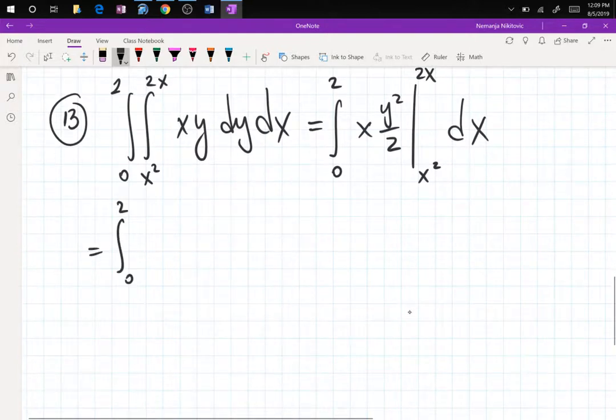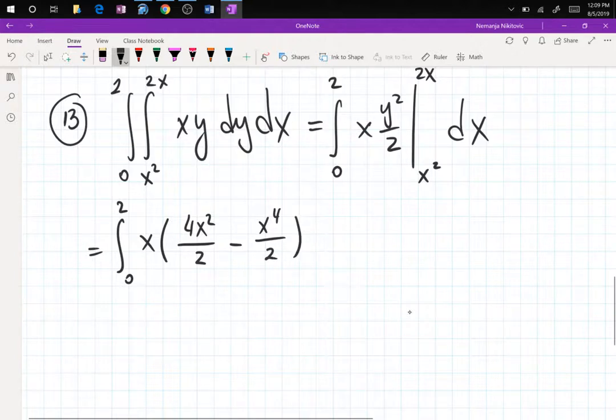So this is 0 to 2, copy x, and now this becomes 4x squared over 2 minus x to the 4 over 2. Because 2x squared, you're plugging into y, is 4x squared, and then x squared squared is x to the 4th. Now you clear this algebra, 0 to 2,